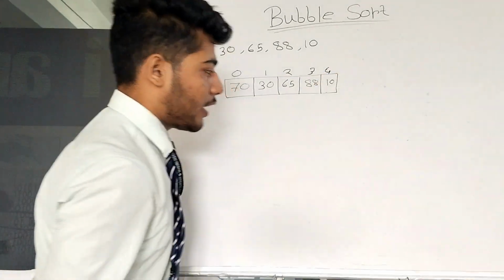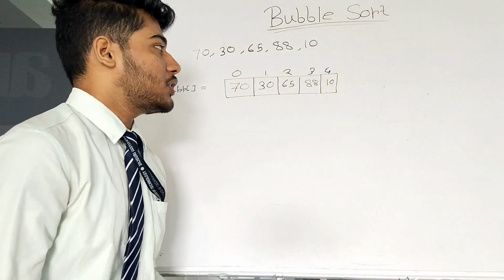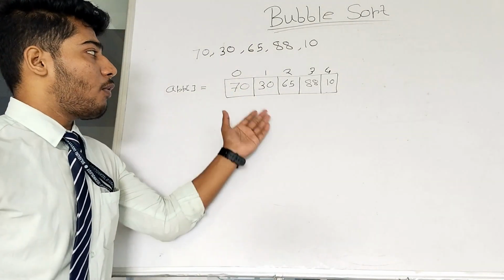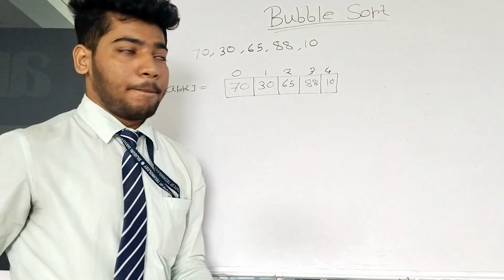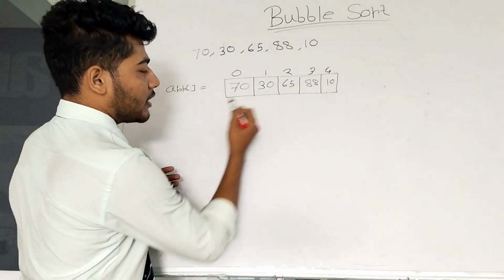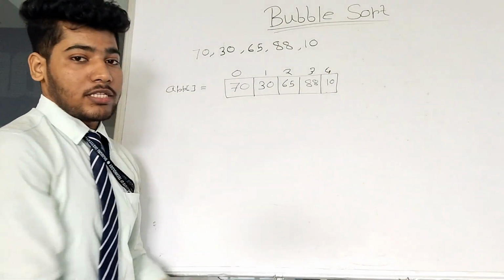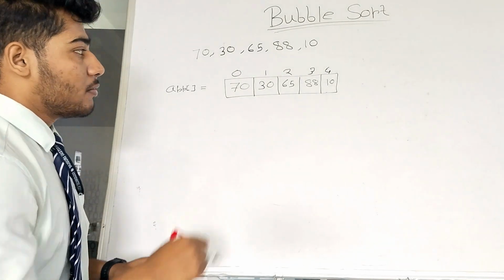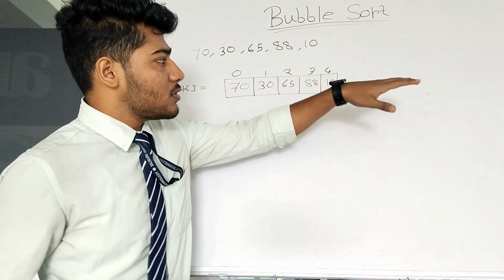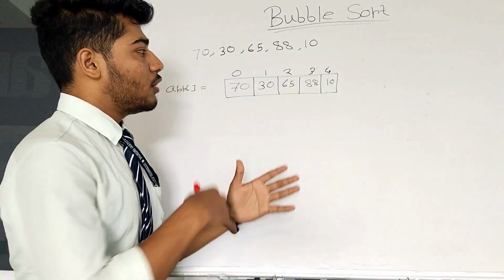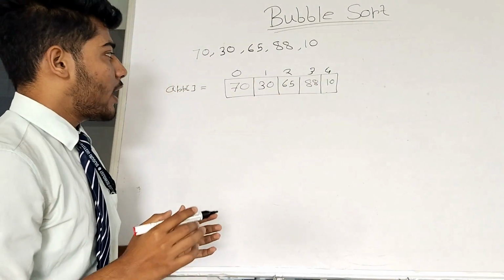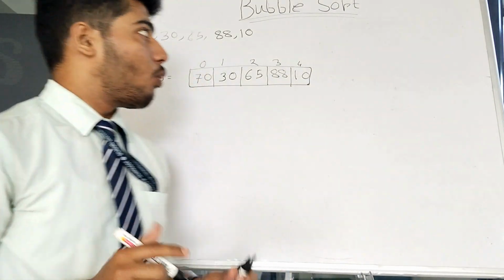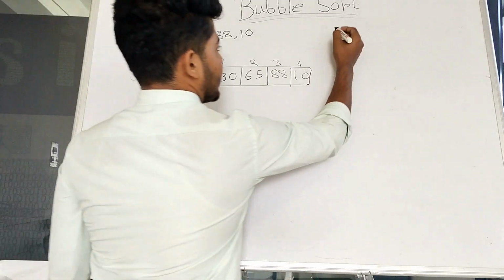So in the bubble sort algorithm, in every iteration we will compare ARR 0 with ARR 1, ARR 1 with ARR 2 and so on. Okay. And if the first number is greater than the second number, then we will interchange. And there are n minus 1 iterations. Iteration means pairs, so in every iteration we will compare these. So there are n minus 1 iterations. Okay. So now let's understand how bubble sort works. Okay. So first, iteration 1.